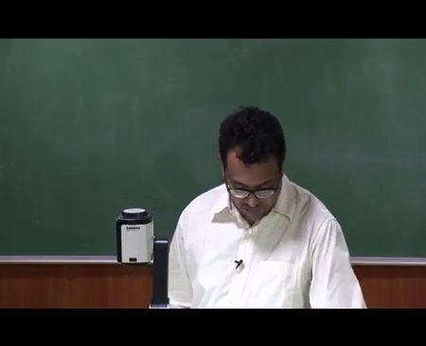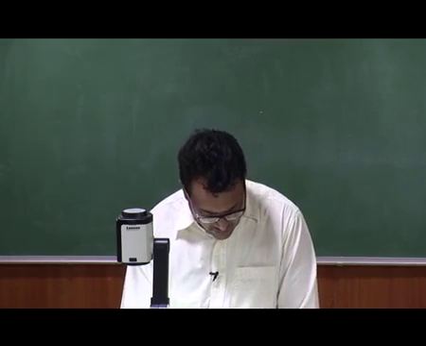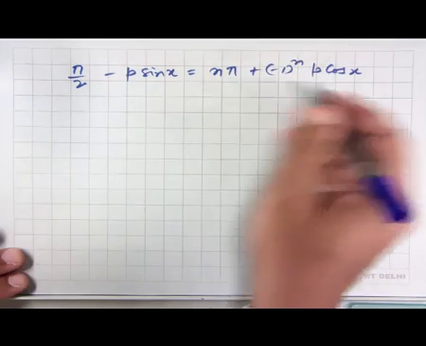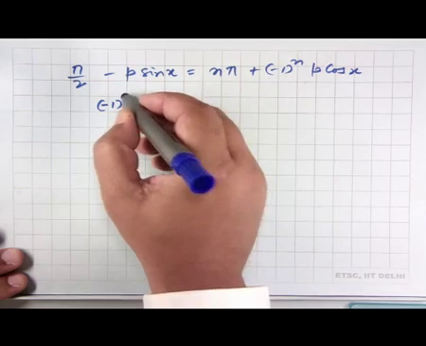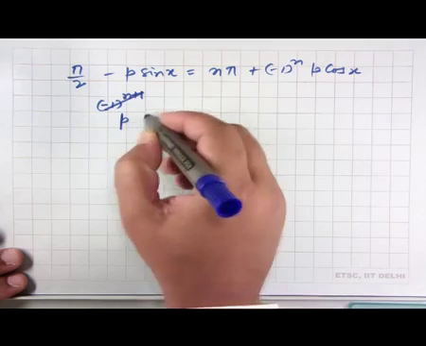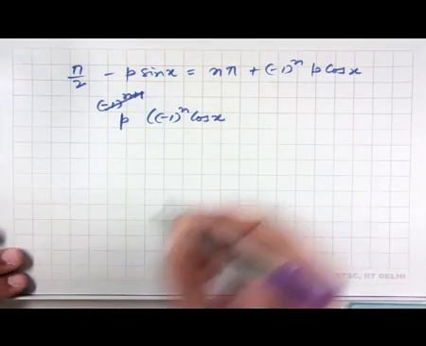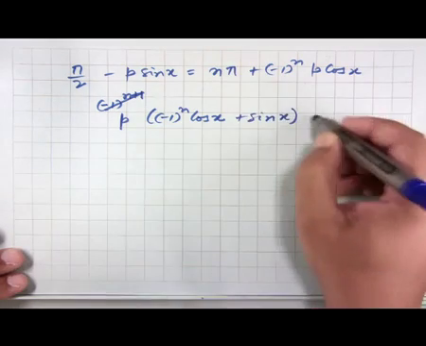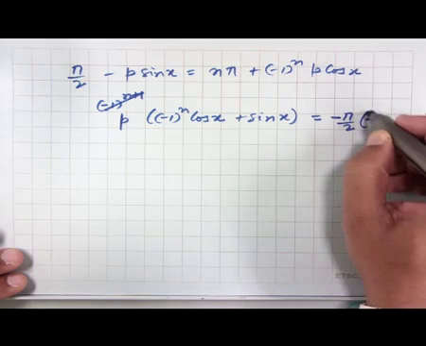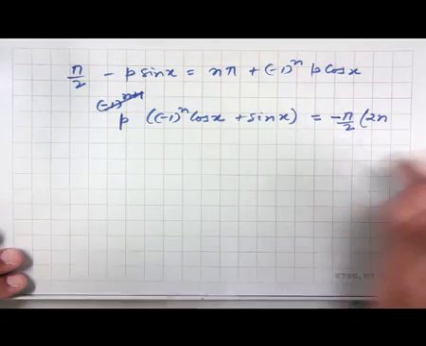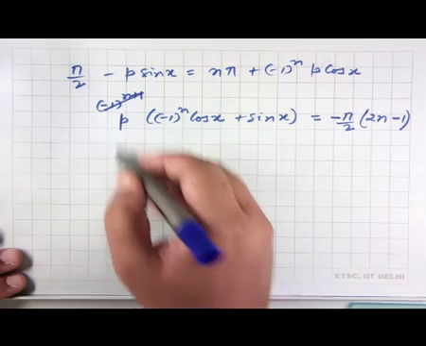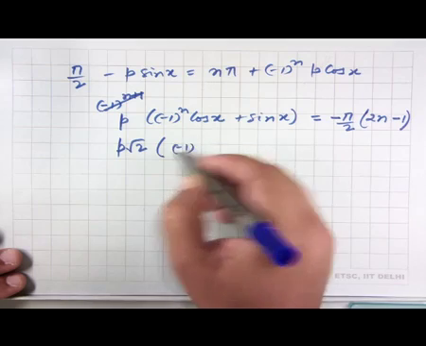And we can try like this for negative n also, and in general what we can see is that this equation for a general n will only get satisfied if, so this can be written as minus 1 to the power of n plus 1, or sorry, rather it will be easier to take sin x on this side, so it becomes p into (minus 1 to the power of n cos x plus sin x) equals minus of pi over 2 into (2n minus 1), that is because of this term. But one thing that is to be realized here is that if we then further write it as, we take the root 2 outside and then we bring the root 2 inside here,